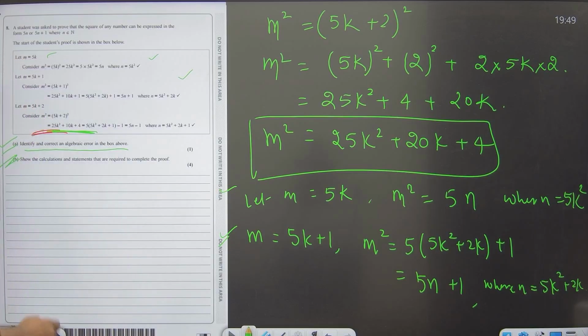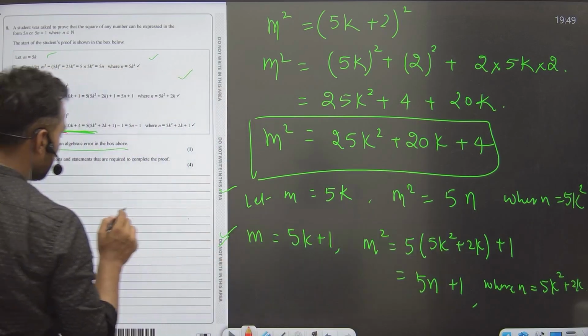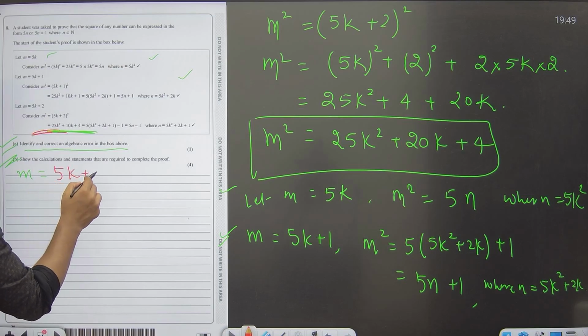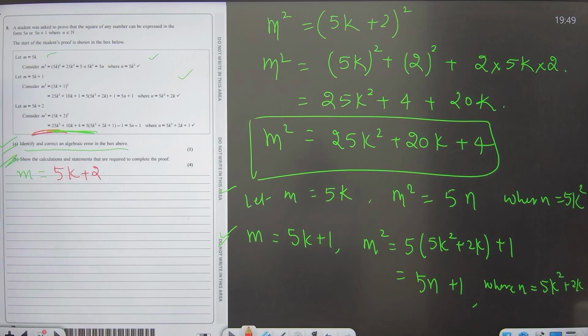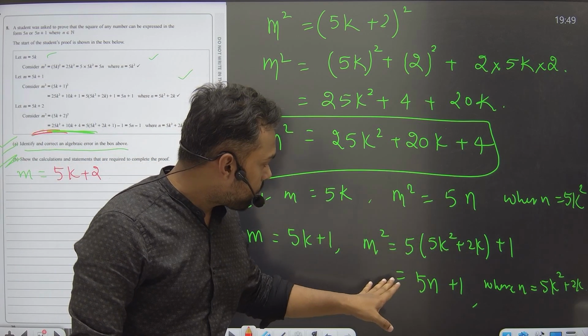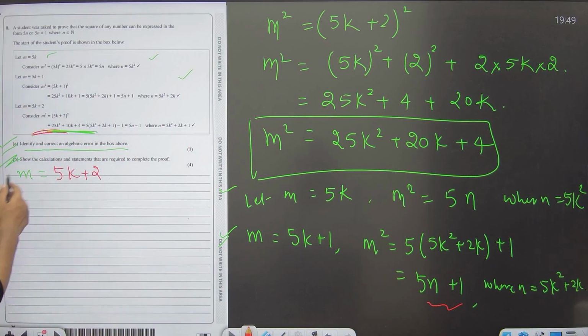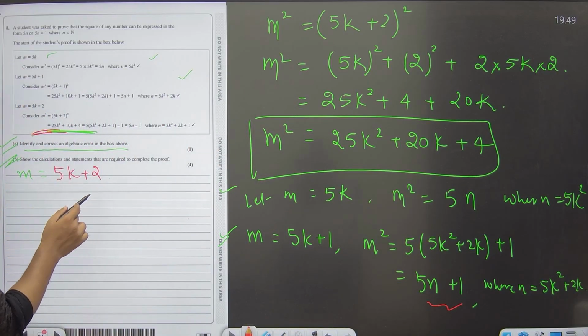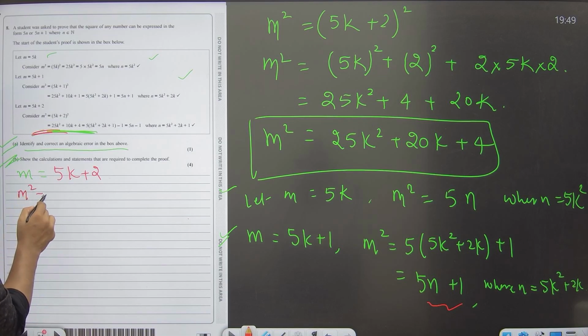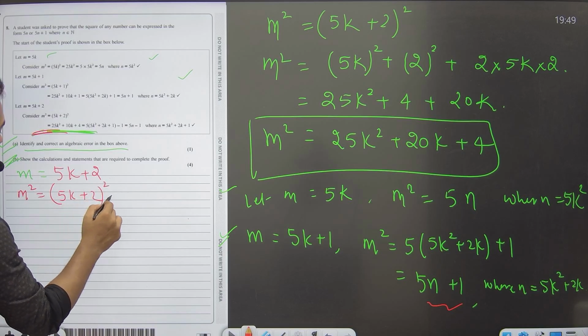Now if I say let m equals 5k plus 2, this is how we need to proceed with this question, student. On plugging the value of m equals 5k plus 2, m square can be written in the format of 5n plus 1. If you plug the value of m equals 5k plus 2 in the given equation, m square will be equal to (5k plus 2) whole square,